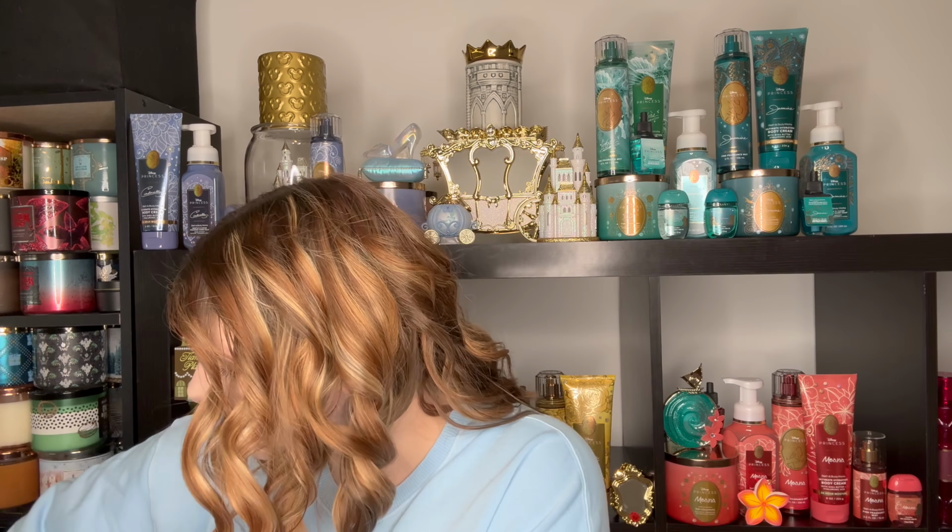Let me use this bubble wrap to kind of wipe this down so I don't make a huge mess, because I'm already making a mess. But for $2.25, I was like, you know what, we'll grab a gel soap. I'm not someone who leans towards the gel soaps. I definitely prefer the foaming hand soap, but for that price, couldn't pass up. So like I said, these candles were $8.96,